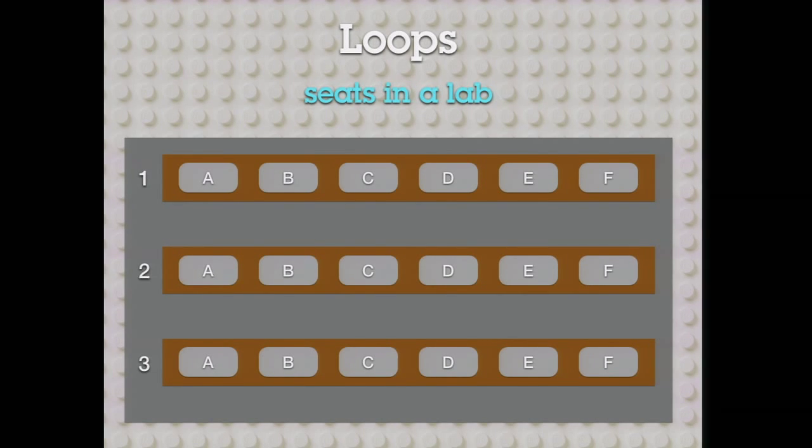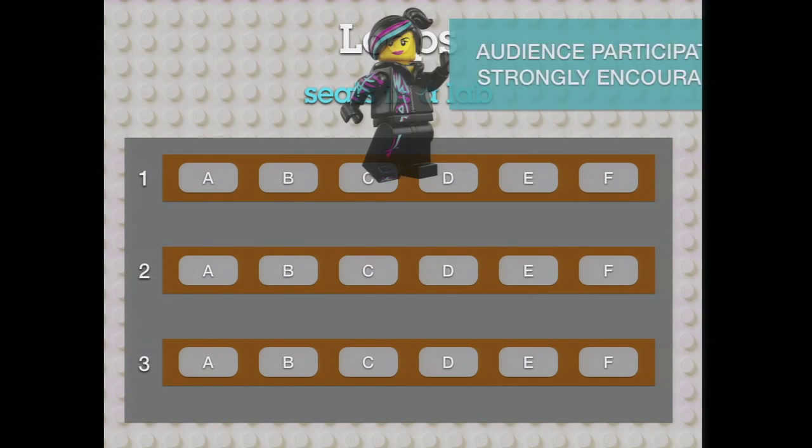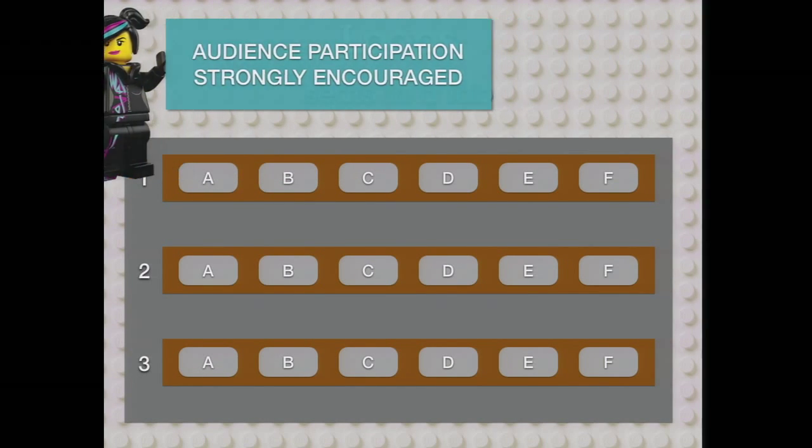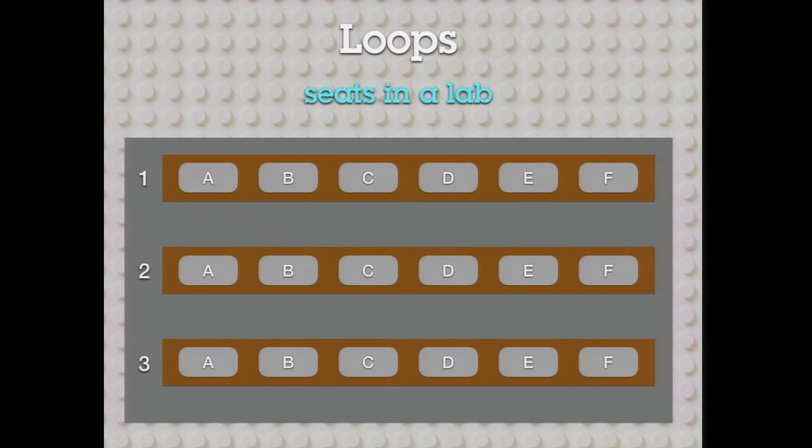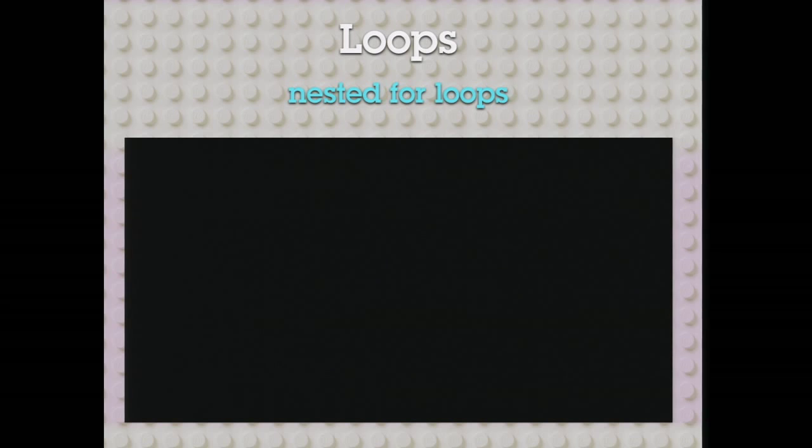I'll tell you. Oops. No one raised their hand. So because each name has two variables that are changing, you should use two for loops. And that's called nested for loops.